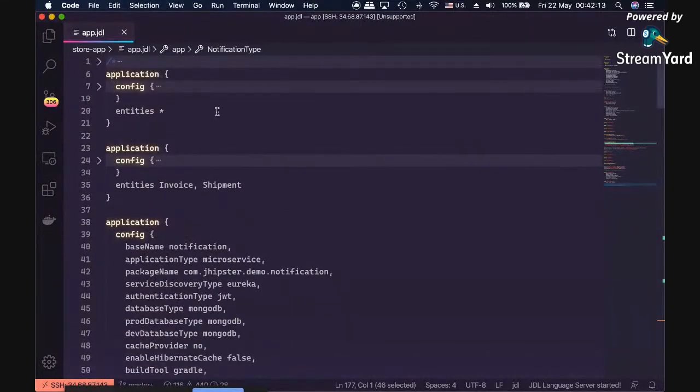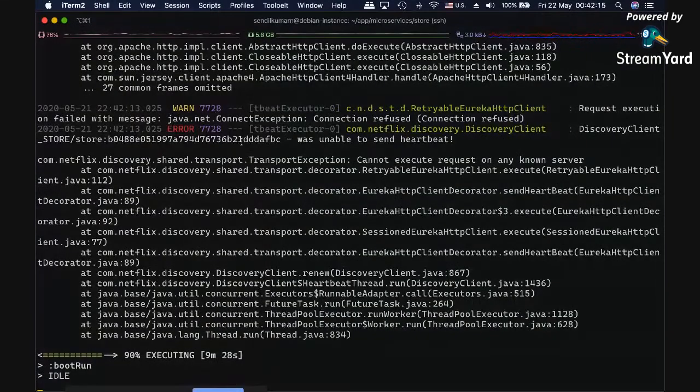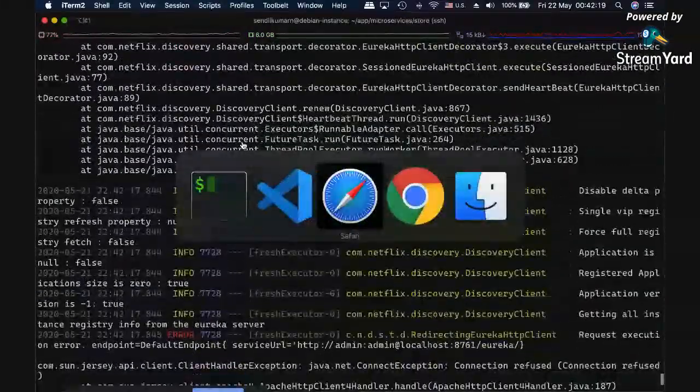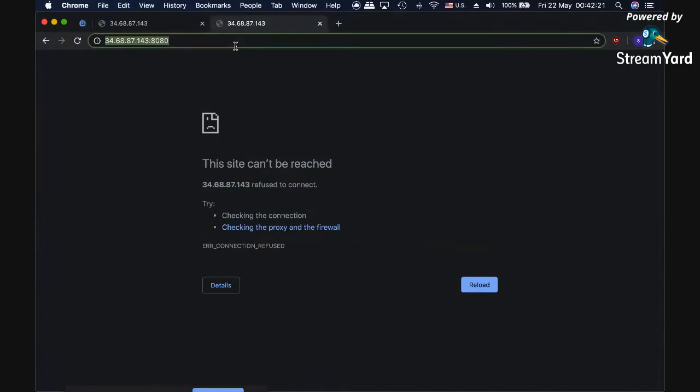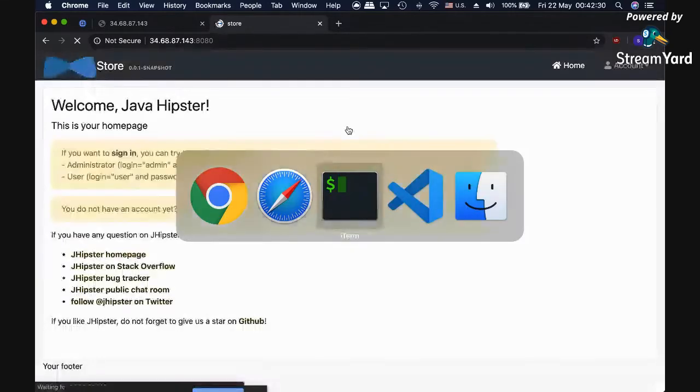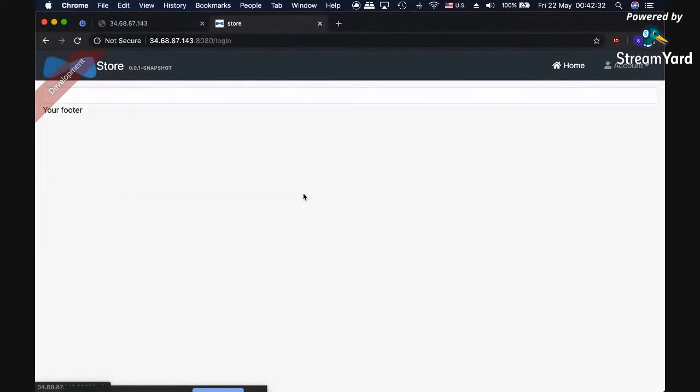Your application is defined here. So let's go back here. Oops, something has happened. Okay. So here, let's go back to the application. Let's go to 8080. As you can see here, the application is getting started. It's of course running on the cloud, and it's a development build. It might be slower,